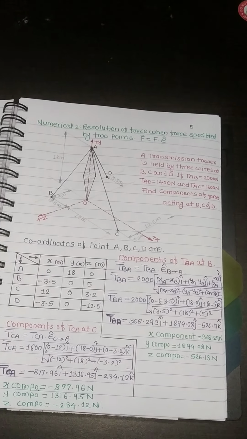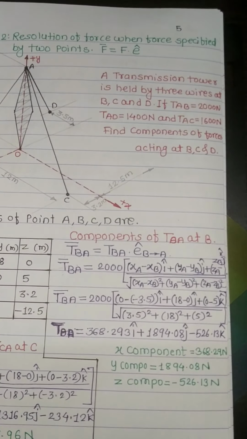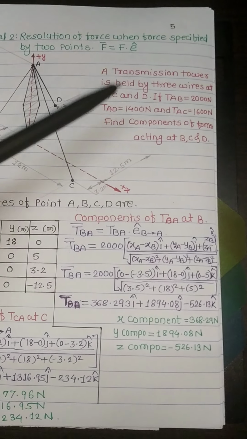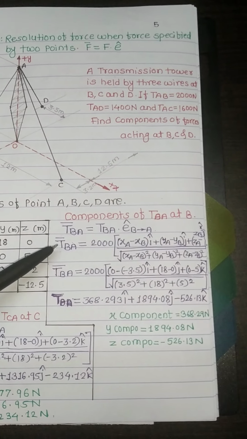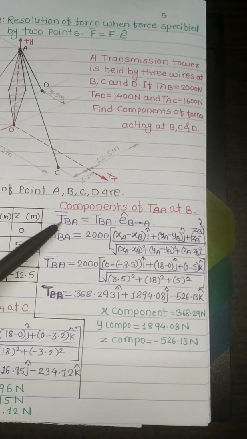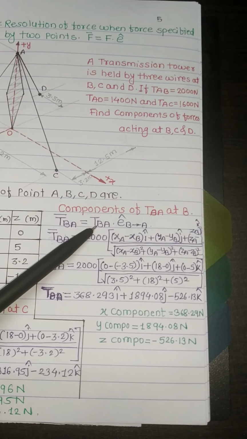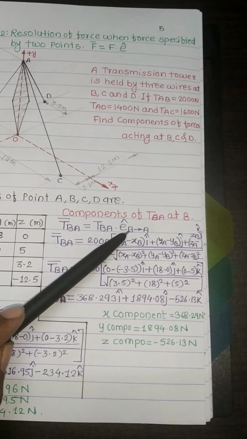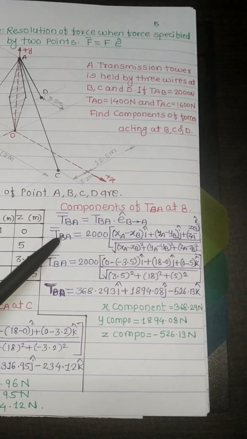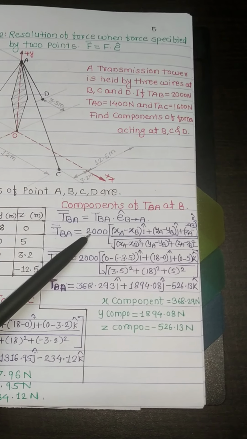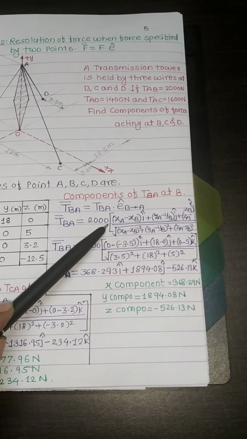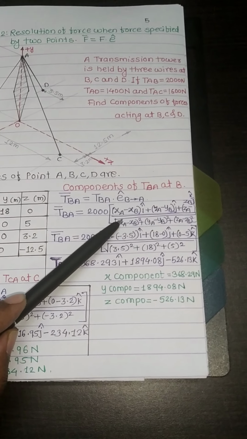The very first force I have taken as force TBA. As with respect to point B it is asked, so from B towards A we are representing the force. So what is vector TBA? It is the magnitude of TBA into the unit vector passing from B towards A. In this case, the magnitude of the force TBA is given as 2000, and the unit vector is expressed as,